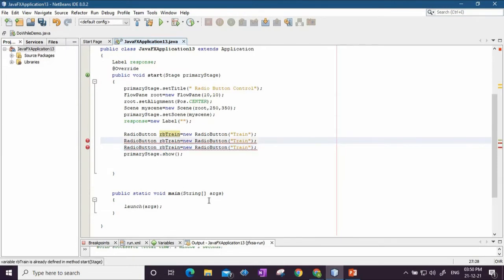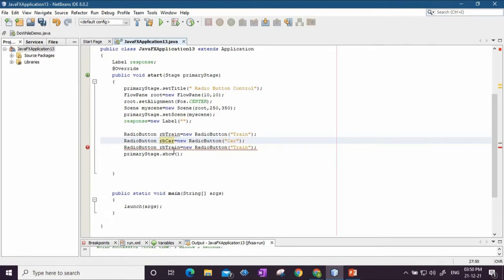And the second radio button will be rbCar, because it is for car. rbCar equal to new RadioButton, and the name of the button will be Car.